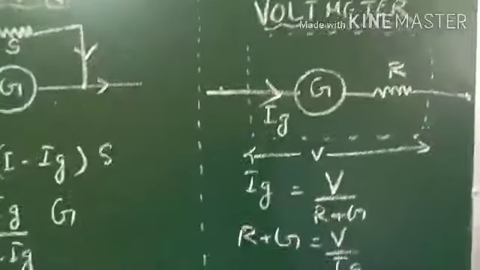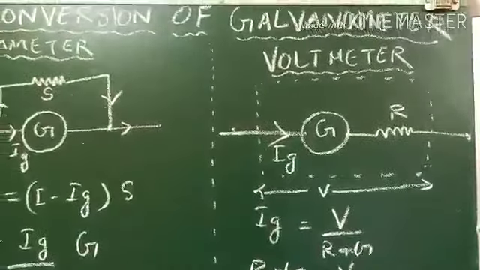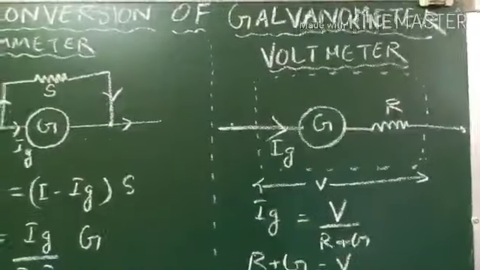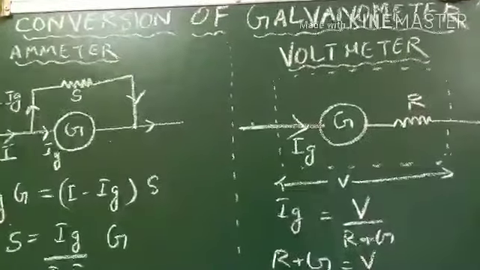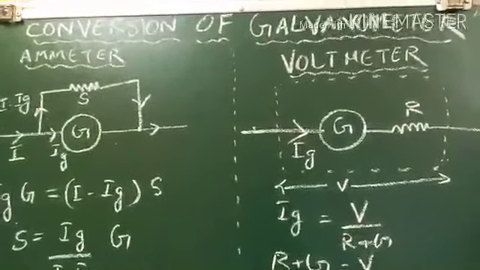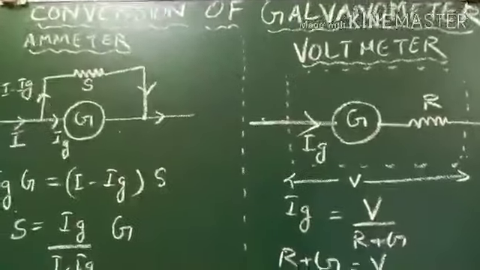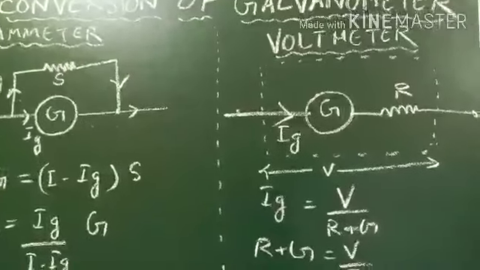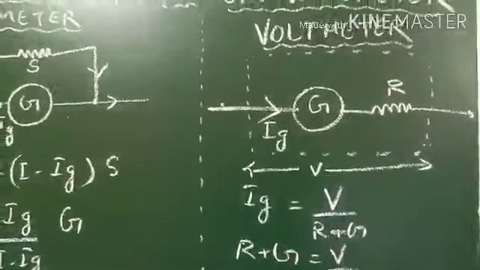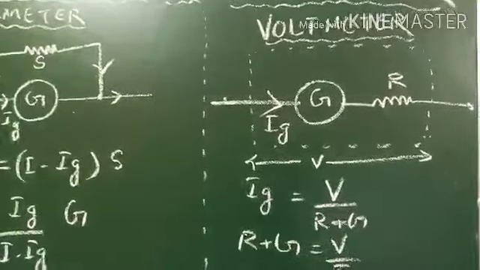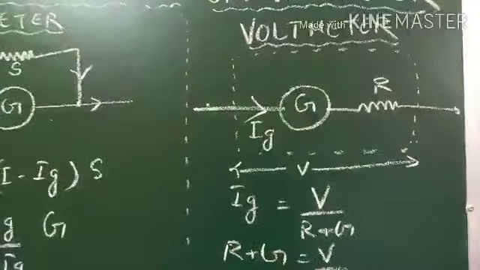Now children, coming to the conversion of a galvanometer into a voltmeter. We know that a voltmeter is an instrument to measure the potential difference. You are familiar with that instrument from class 10 Ohm's law. You have connected the voltmeter across a resistor. So a voltmeter is used to measure the potential difference across any 2 points in the circuit. If you want to find the PD across any 2 points, you will have to connect this voltmeter across those points. So the voltmeter is always connected in parallel with the circuit element across which you want to find the potential difference.